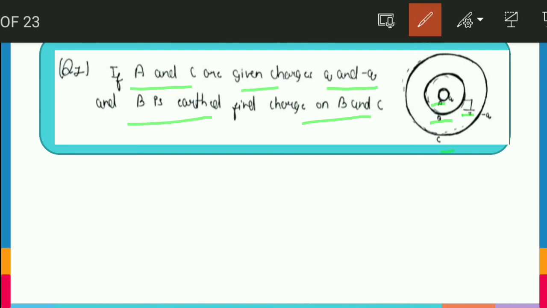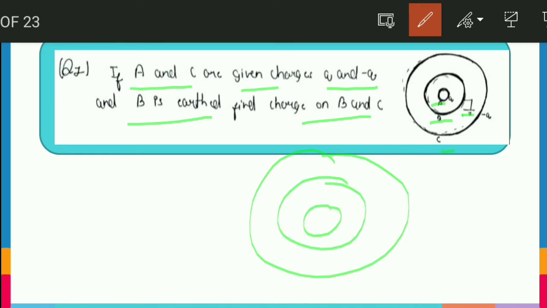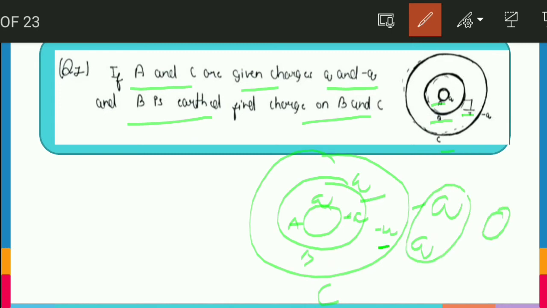So friends, let me draw the figure very carefully so that you can understand. This is a bigger shell, this is smaller, and this is still smaller. Here it has charge q and here it has minus q. This is our A, this is our B, this is our C. And let's first find out the charges before doing earthing. Yes friends, we again work with the process of induction and charge conservation. So by induction it will get minus q on the inner surface, and by charge conservation it will get plus q, again it will get minus q, again it will get plus q. So overall the outer will have 0, and these things are the same.